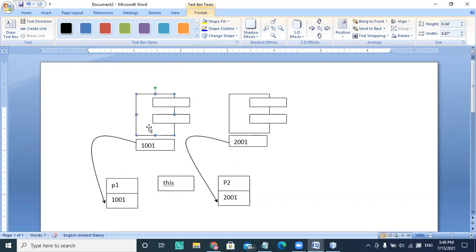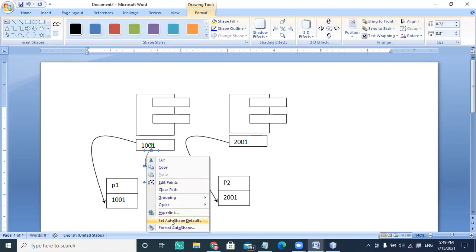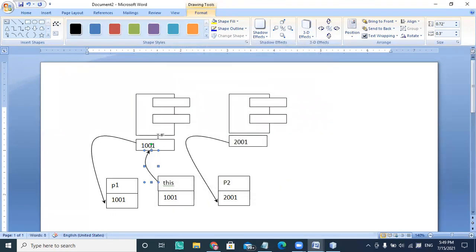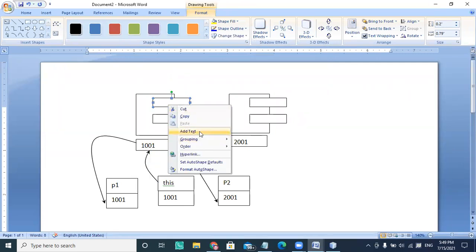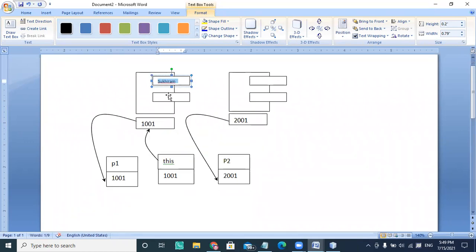If P1 is calling a constructor, at that time this holds the address of the P1 object, and it starts referring to this object. So I can say my this pointer is 1001 here, and whatever values are given, Sukhiram is the name and age is 34 here.